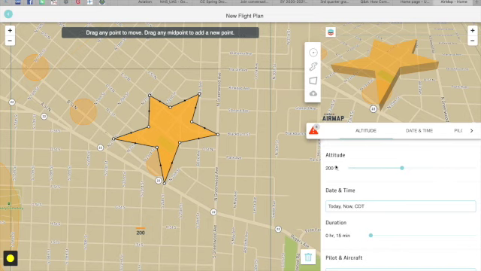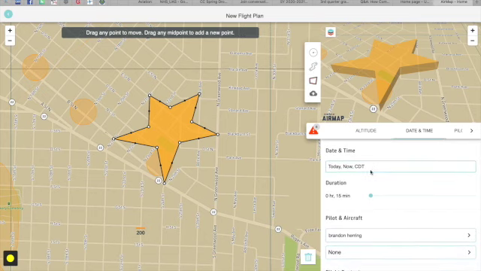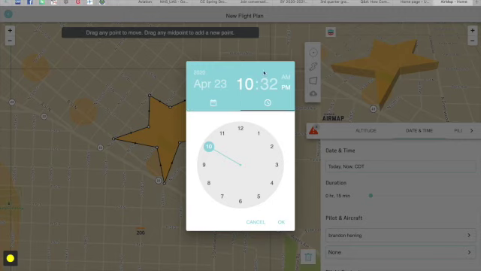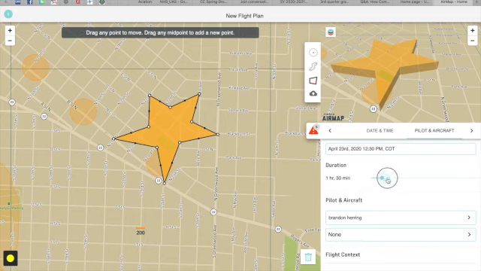Okay, so this area, this box over here is our flight plan. Our altitude set for 200 feet, date and time. Click on that box, it brings up a calendar. Say we're wanting to fly tomorrow because we're not going to fly this late at night. So we're set up for April 23rd. Let's go for 12:30 p.m. So a little bit after lunch. Set that in there. Our duration, let's say we're going to fly for